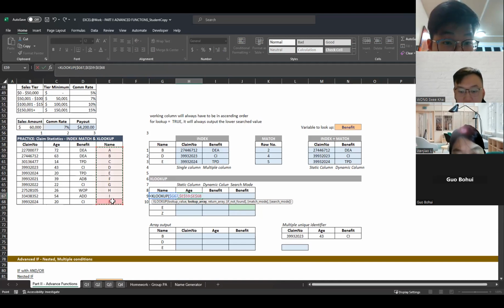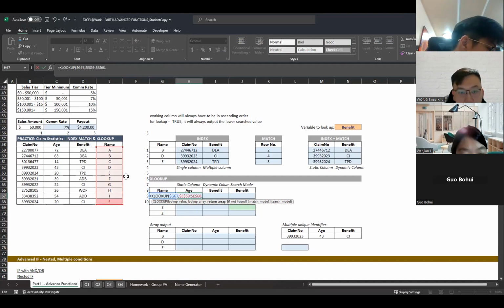This lookup array should be fixed, right? My return array, I'm looking for age, right? So which column should I be highlighting? The second one. Second column, right? The second column here. And then let's say that I want to fill in something here, right?